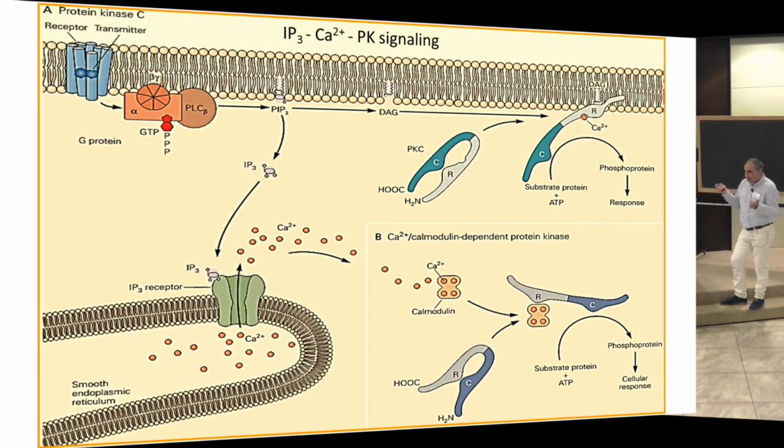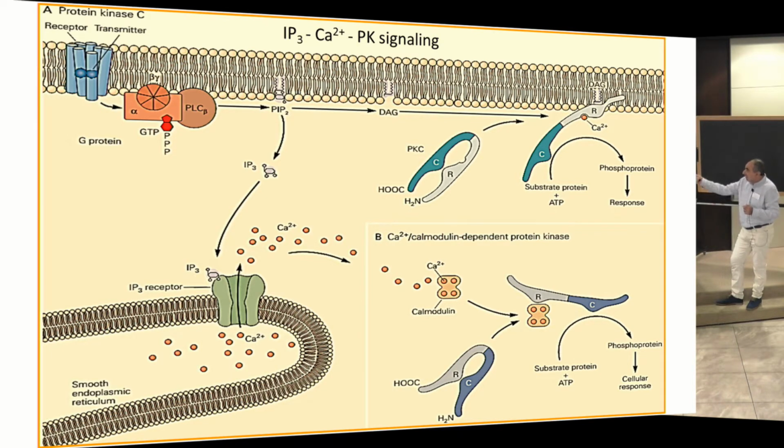Another interesting picture, I like it very much. It comes from the famous Eric Kandel's textbook. Look at it. All this is just an introduction to my talk, but it's very important to mention. This is a G protein coupled to a receptor. Then it breaks a PIP2 molecule into two parts. One is lipophilic, which is DAG, diacylglycerol, and the other one is IP3. Now, DAG is lipophilic, IP3 is not. So IP3 can flow in the cytoplasm freely.